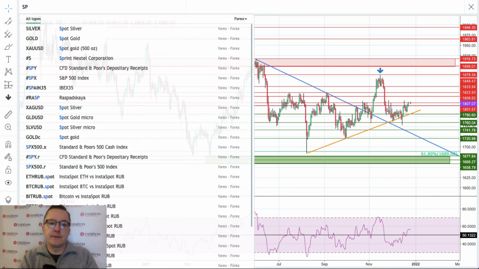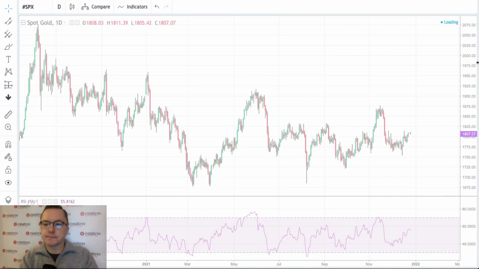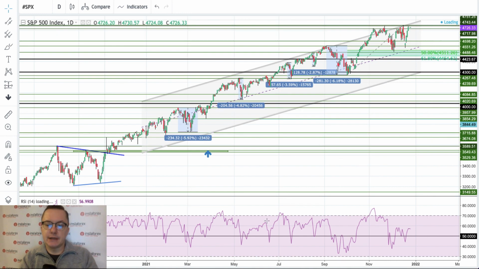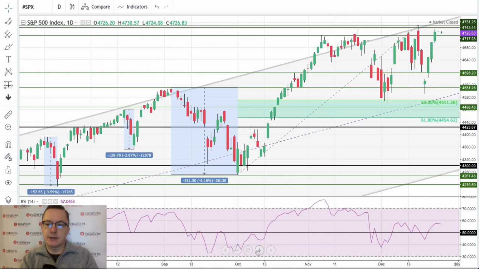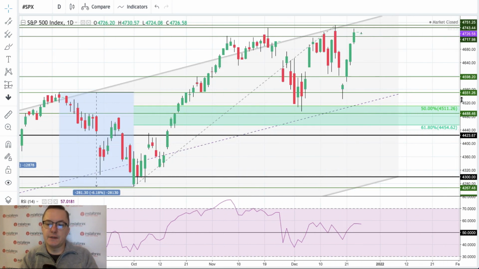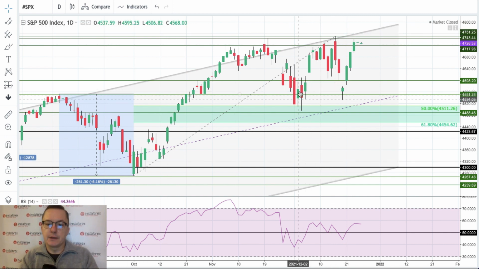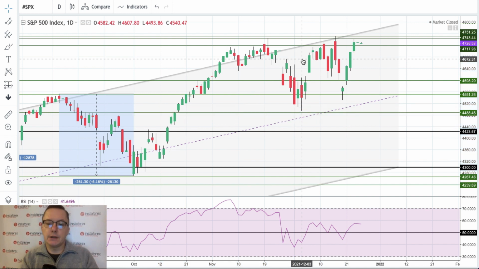Let's take a look at the S&P 500. The S&P 500 is again close to the all-time highs, despite the recent correction that has retraced 50% of the last big wave up. This is almost 50% again. We have retraced back on every drop. And right now we are trading around 4,727 points, so very close to the recent all-time highs and the